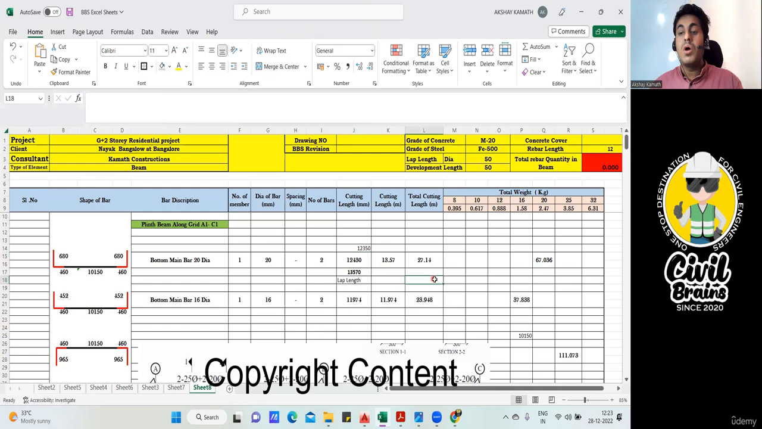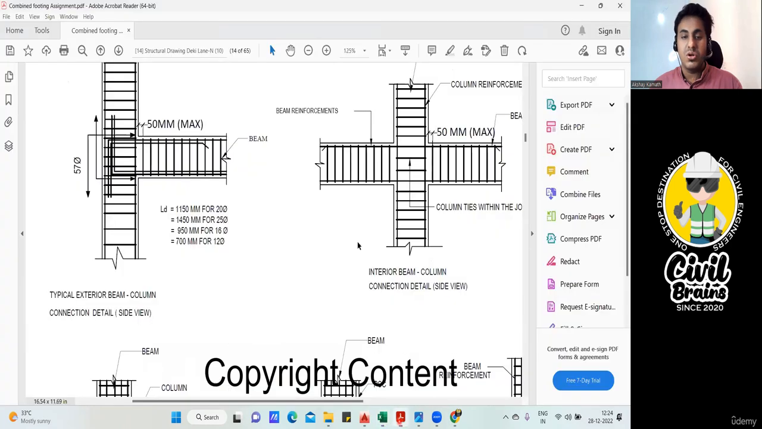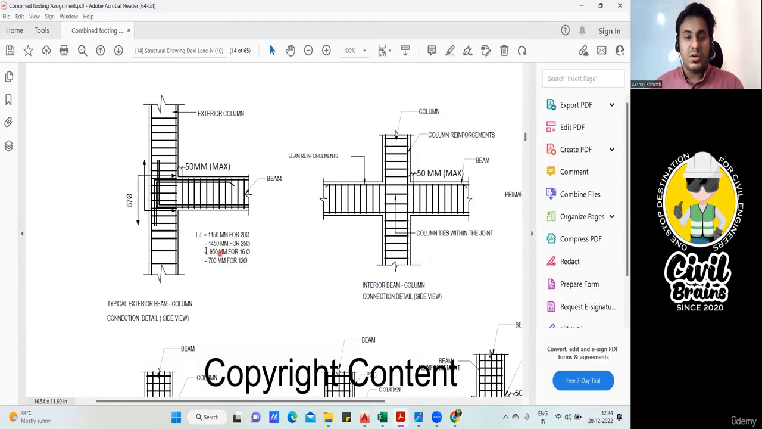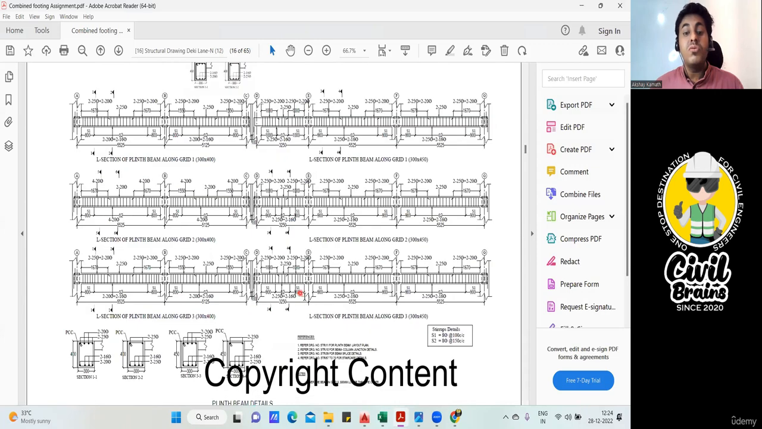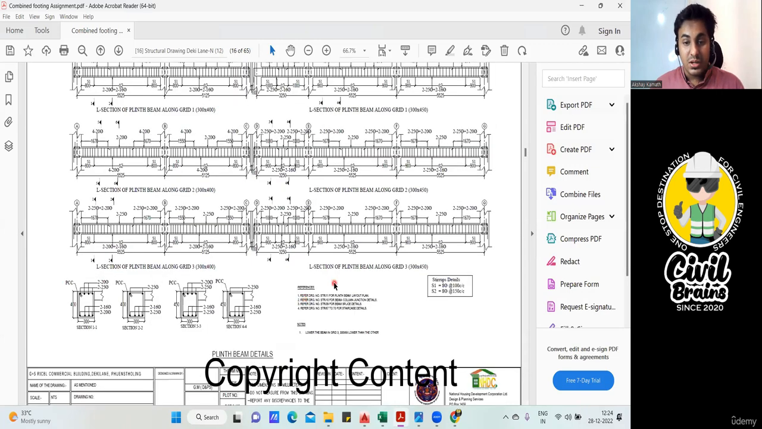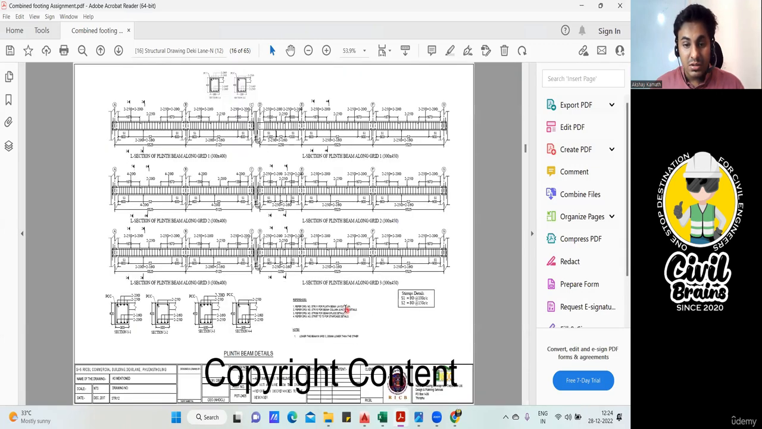So what will we do? How do you provide lap? You know how to provide the lap? So again, what will be the lap length? Again, if you go back to the drawing, here they have mentioned that your lap length should be minimum of development length. So in the drawing, it is written,